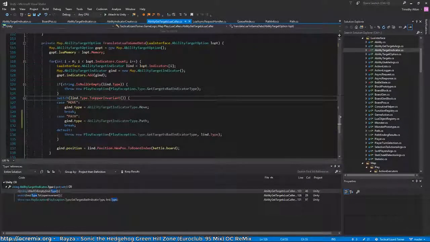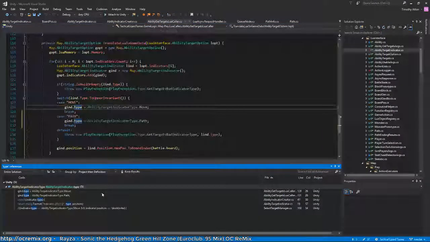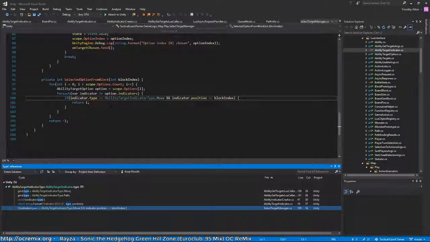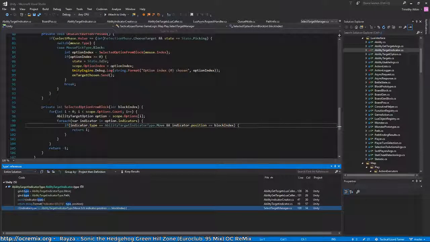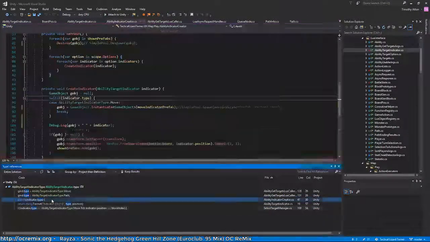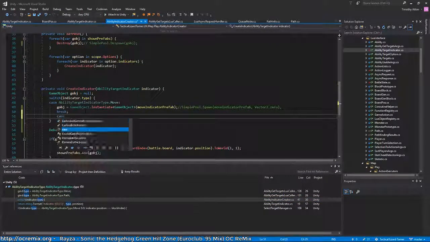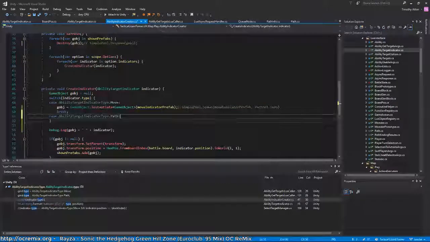Okay, so I guess I should see where else this is accessed. Okay, so yeah, here it's going to try to select the block, and it only selects for the move indicators, which is what I want. And then on the creator, we'll do the same thing for our path indicator, except